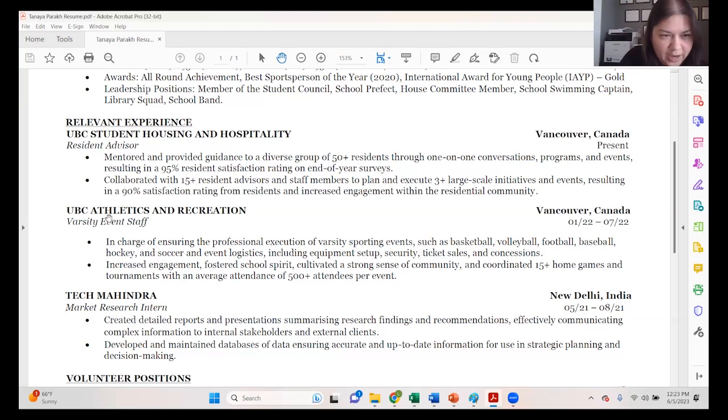One thing, if we look at it, you can see the difference between the UBC role and that one, right? The UBC role has a little bit less of that. In here you have "in charge of ensuring the professional execution of varsity sport events." I'm not quite sure what all that entailed, so I'd maybe elaborate a little bit more on what transferable skills you were utilizing in order